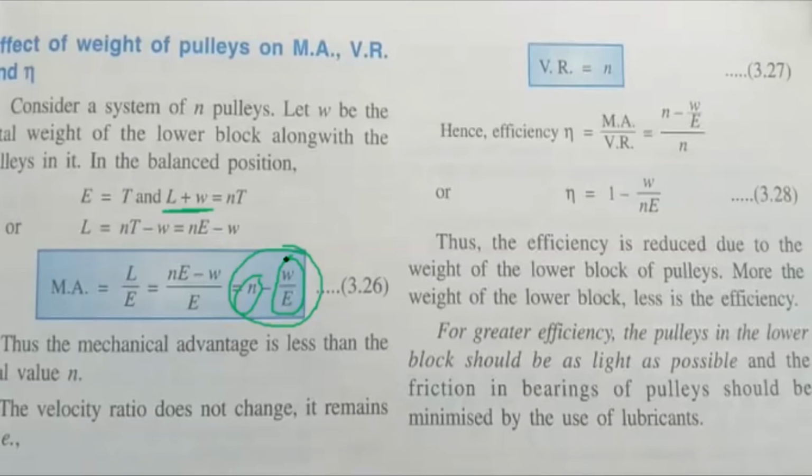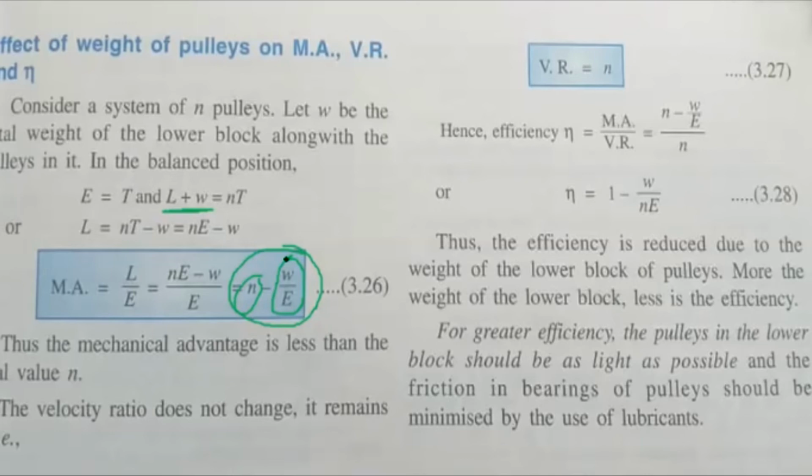This is the actual machine. This is what is really happening. The mechanical advantage is less than the ideal value. So whatever we work on is not the ideal machine, they are all actual machines with a mechanical advantage, velocity ratio, and efficiency less than what we expect. But greater the efficiency,